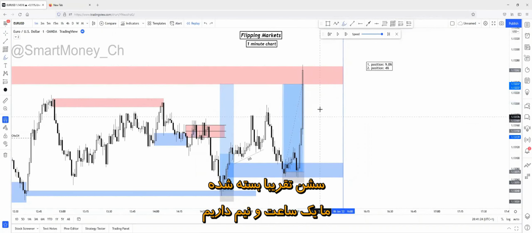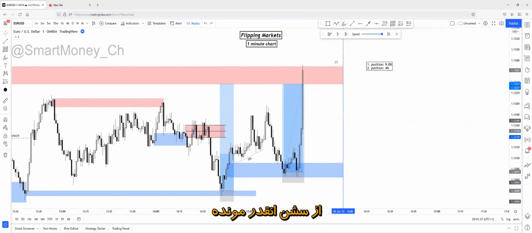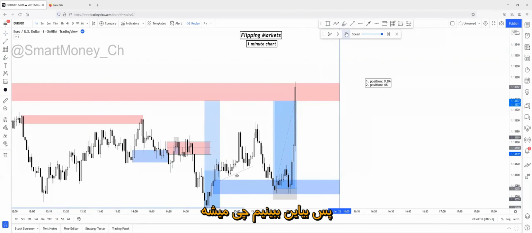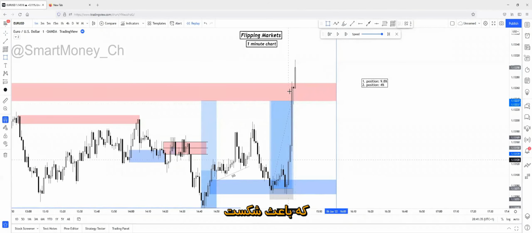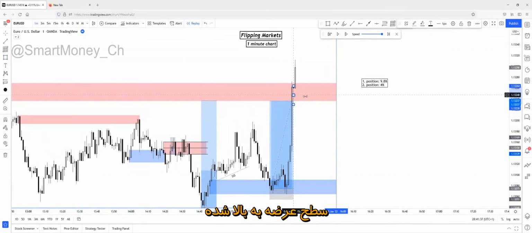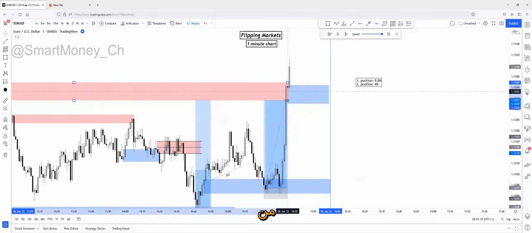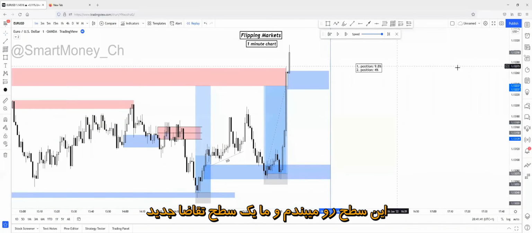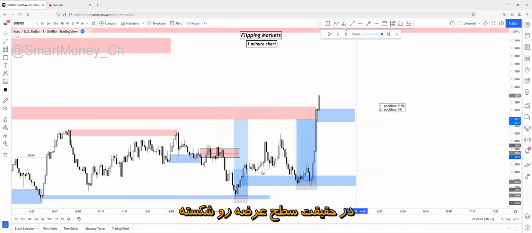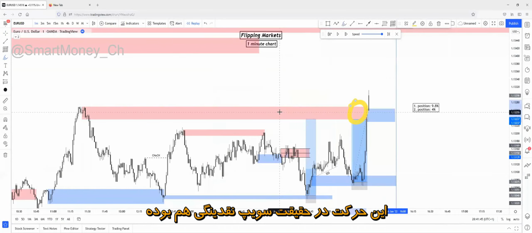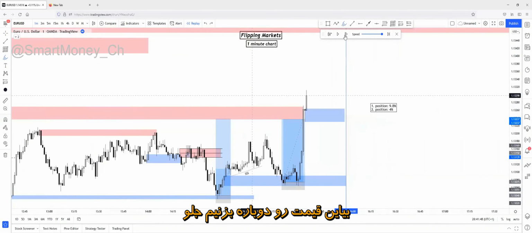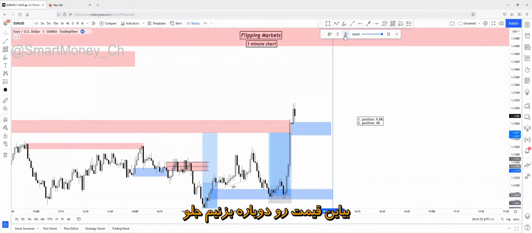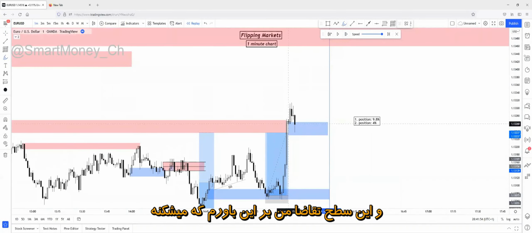Session almost closed. We've got 1.5 hours remaining from the session. So let's see what happens. Price reacts on this supply zone, broke above this supply zone, created this demand zone right here that caused the break of this overall supply zone. I'm going to close this zone, and we have a new demand zone right here that broke above this supply zone. Actually, this movement could have been a liquidity sweep from this region also. So let me just play price forward again. And this demand zone will be broken, I believe,